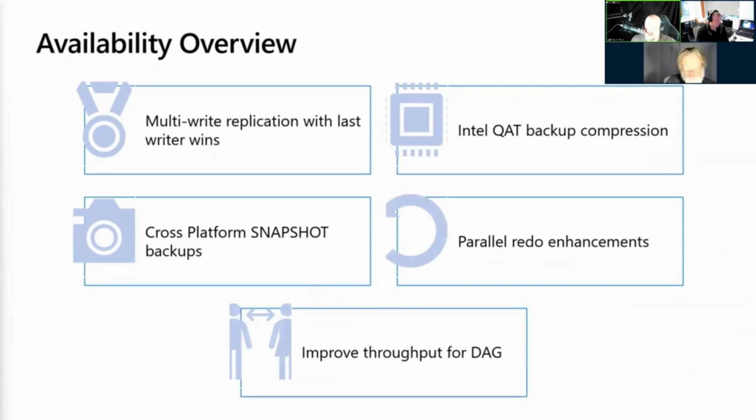With parallel redo, we've made adjustments to make more efficient use of execution threads, leading to faster redo performance and getting better utilization of CPU resources. So this will help you when starting up and restarting a database and making failovers faster, and helping availability group deployments in general reduce lag and just keep up better. And for the improved throughput for distributed availability groups, we now use multiple parallel data connections to help speed up replication across a distributed availability group deployment.